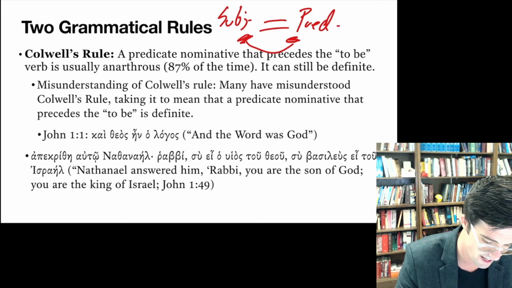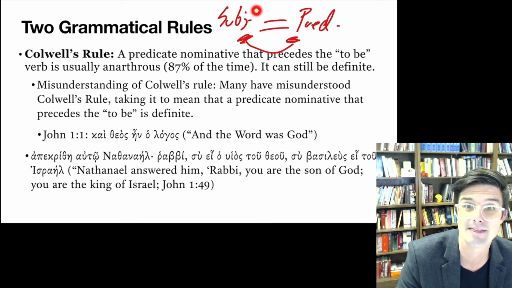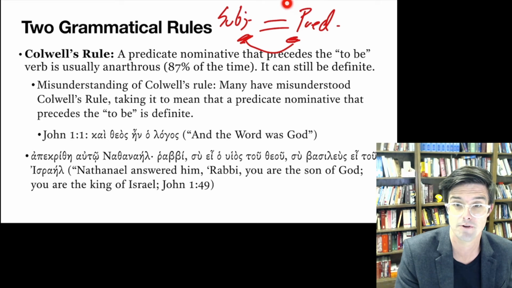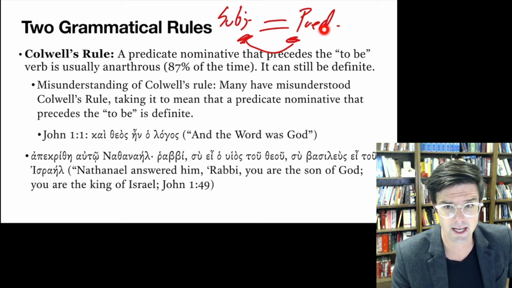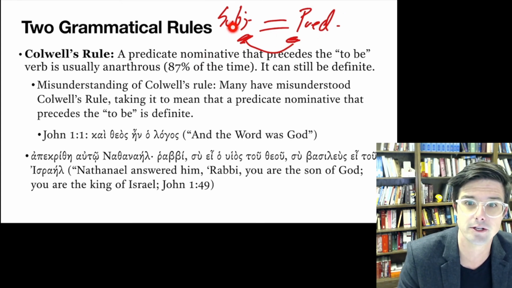You can have the predicate over here and the subject over here, or you could also have the predicate and the subject on the same side of the to be verb, so that the to be verb could follow the entire phrase. And what Colwell's Rule says is that when this predicate comes before the to be verb,